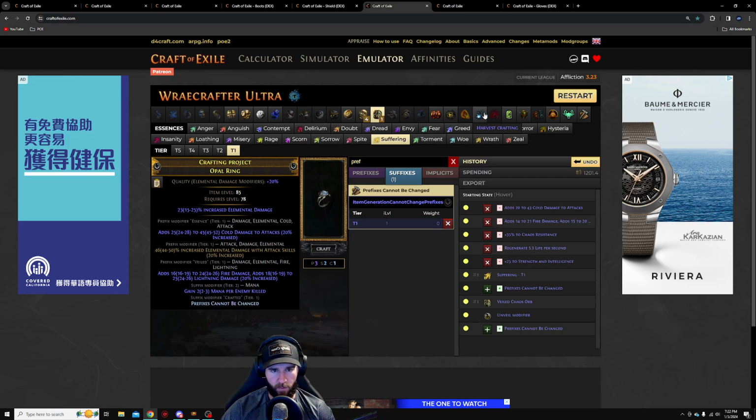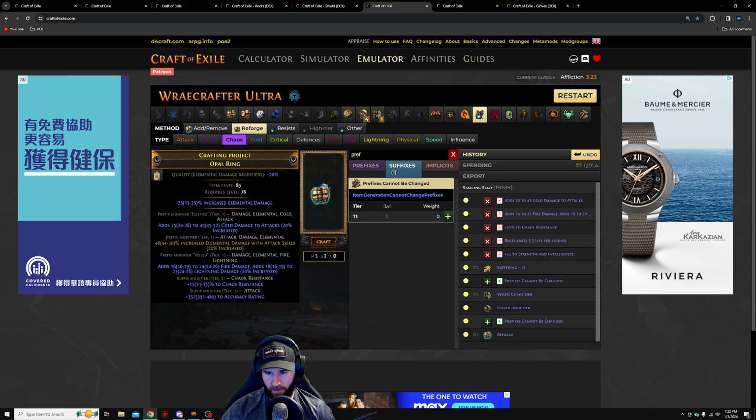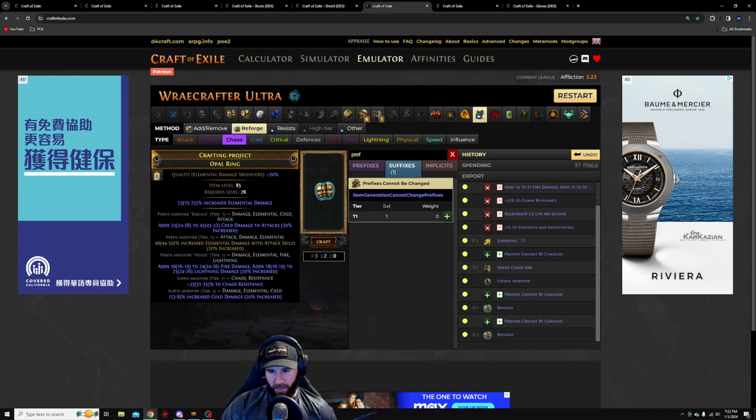And here you go, prefixes can't be changed again, and you're going to reforge chaos. So you go to harvest crafting, reforge chaos, and you're just looking for a high tier chaos roll. Tier 5, I probably wouldn't settle for that, so I would go, we have an open suffix, so you go prefixes can't be changed, reforge chaos again, and there you go. That's exactly what you're looking for. So you have T1 chaos res, T4 cold damage,